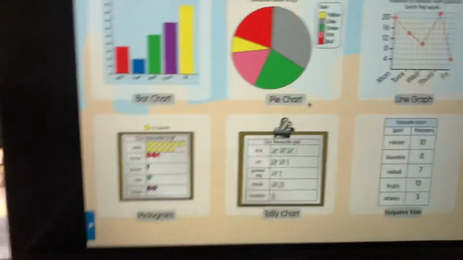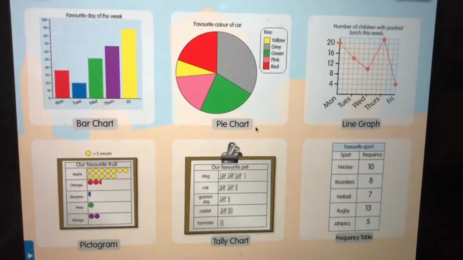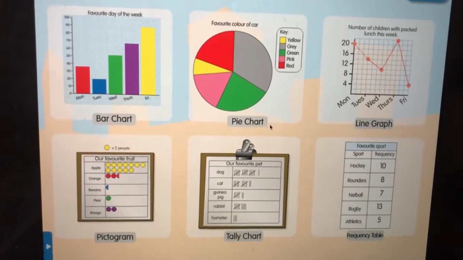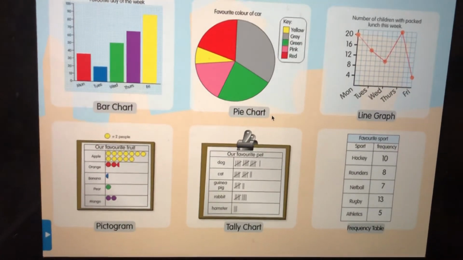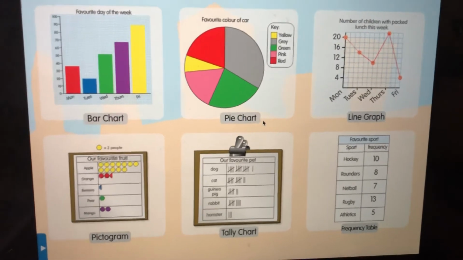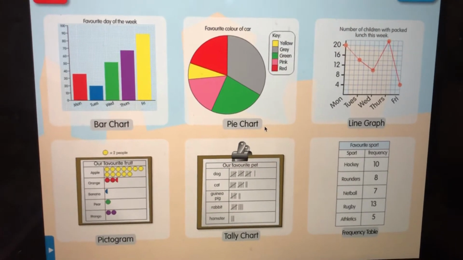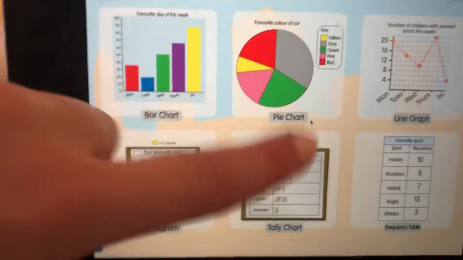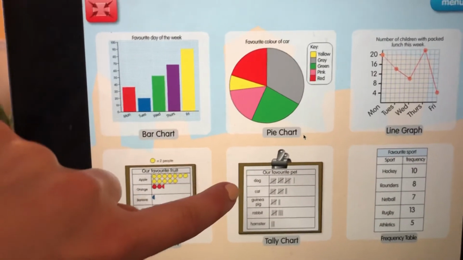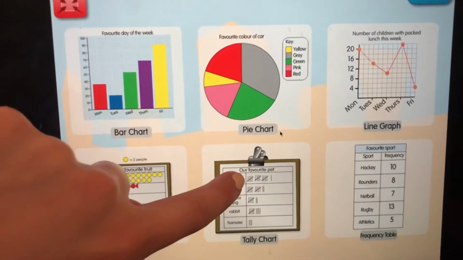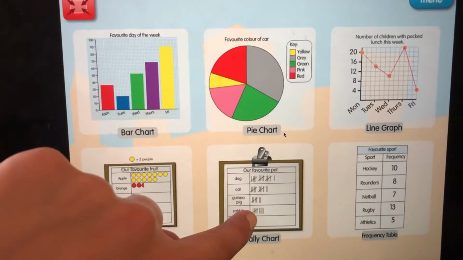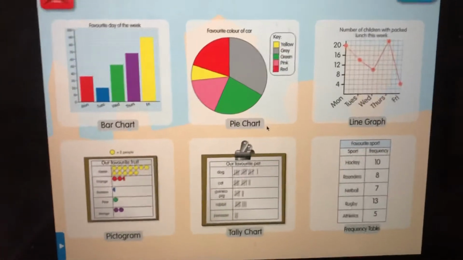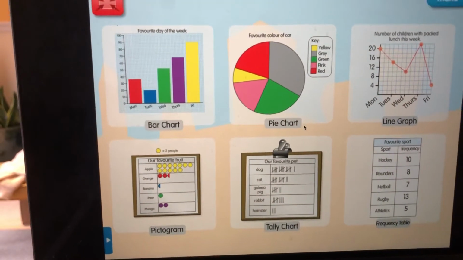We're going to be looking at these different graphs and charts today, and I'm going to be asking you some questions, and you're going to be deciding which graph or chart makes the most sense to use for that question. As an example, this chart is tally marks, and it shows a tally mark for each person that chose that as their favorite pet. So if I wanted to ask you, which chart would be best for